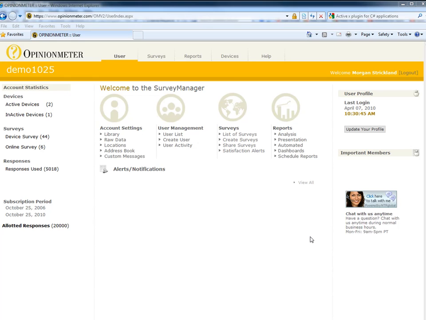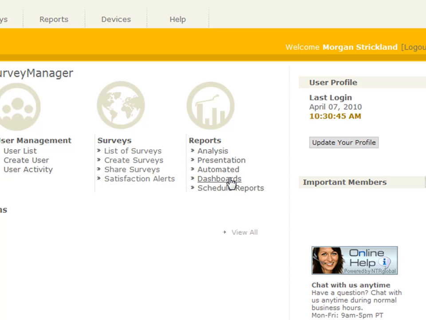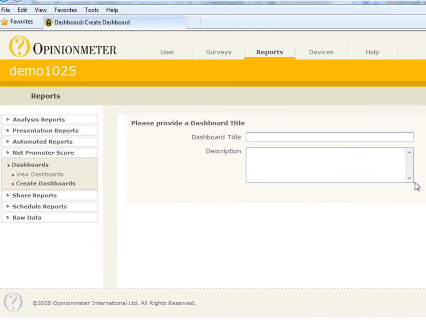In this tutorial we'll be demonstrating how to create, edit, and preview digital dashboards. So we're here in the main console of a demonstration account, and you'll see we have recently added a few more shortcuts here. One is for dashboards, so I'll go ahead and click that, and it by default takes you to a screen where you can create a new dashboard title and begin adding your gadgets to the different quadrants